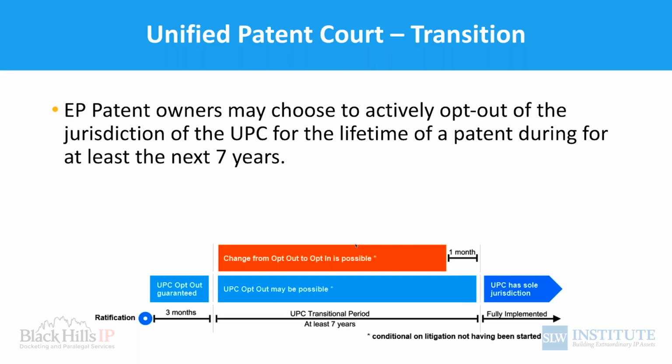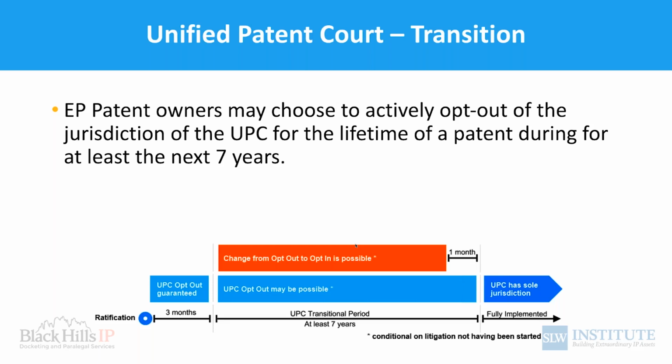During the next period, known as the transition period, a patentee can choose to opt out of the UPC. However, this can only be done if litigation has not started. I can see a large number of invalidity cases being filed on the first day to catch people who have not opted out during the sunrise period. If this happens and the claimants are successful, these European patents will fall in their entirety in all national validations